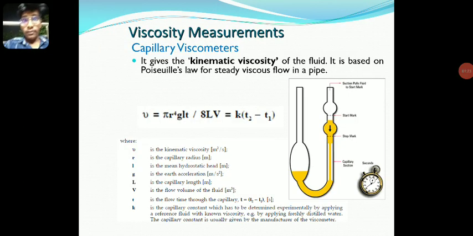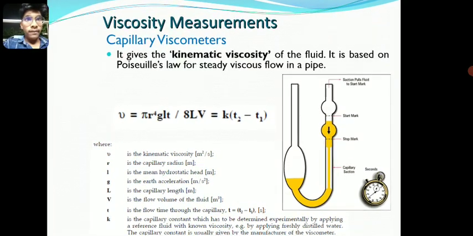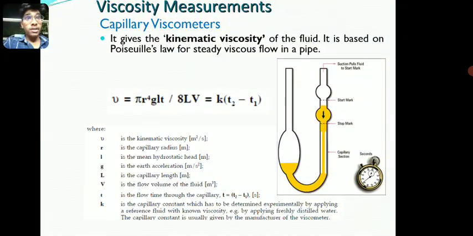So, we have some measurements on how to measure the viscosity using calibrated viscometers. It gives the kinematic viscosity of a fluid. It is based on Poiseuille's law of steady viscous flow in a pipe. The formula is mu = pi r^4 g h T / 8 L V = K (T2 - T1),